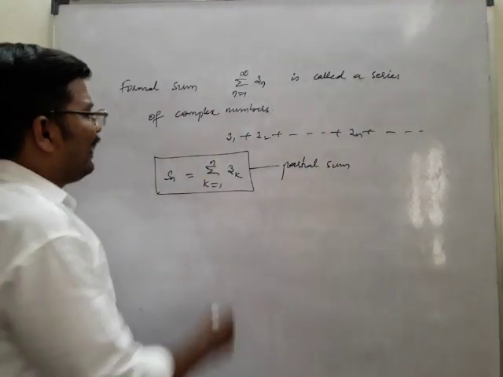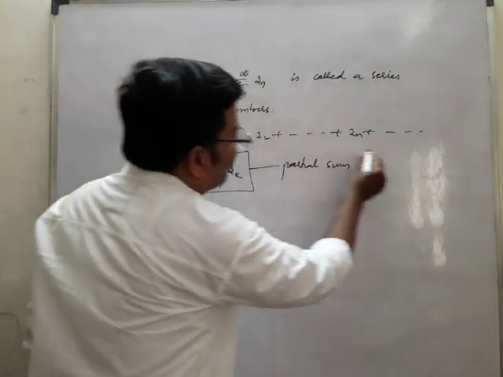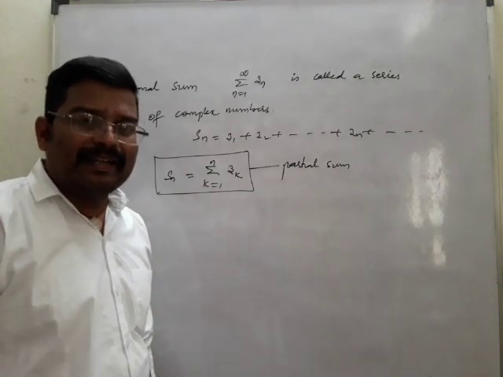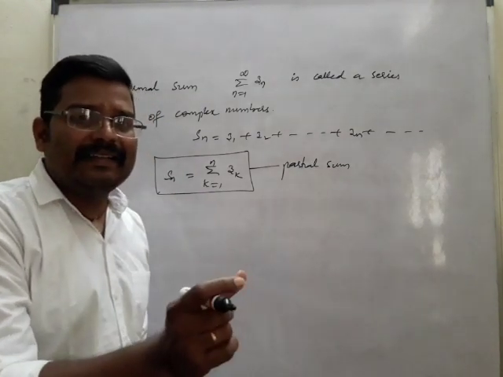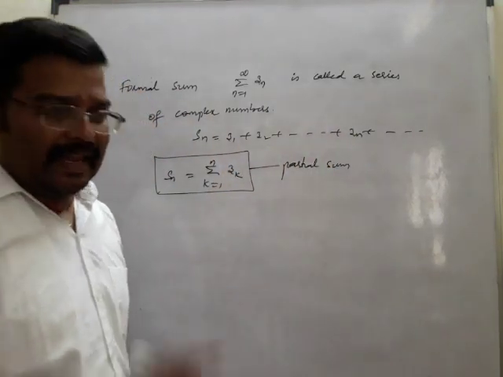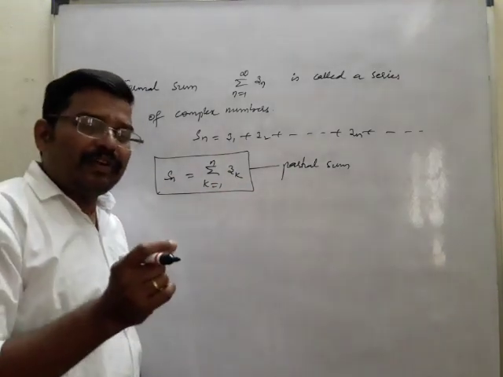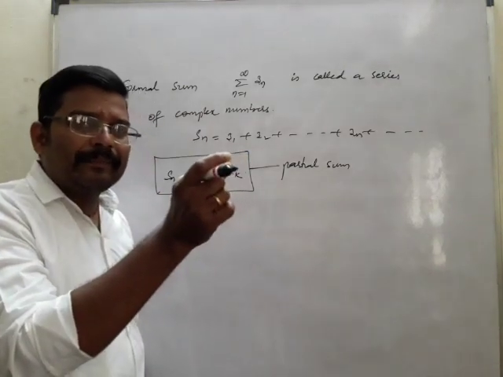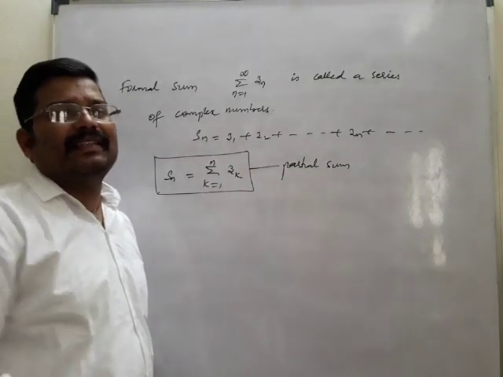Suppose this is Sn. I want to find out whether this Sn is convergent. If I want to find out that Sn is convergent, I need to prove that the partial sum is convergent. If the partial sum is convergent, that indicates that the entire series, the sum from n equal to 0 to infinity of z to the power n, is convergent. So we are not going to take it towards infinity; we will first take the partial sum and try to prove that the partial sum is convergent. Therefore the entire series is going to be convergent.